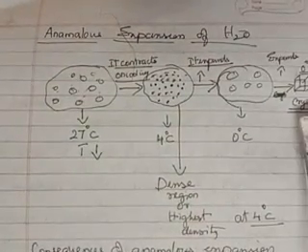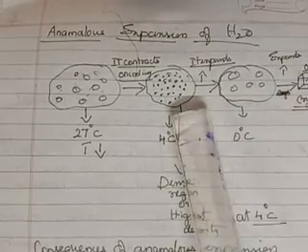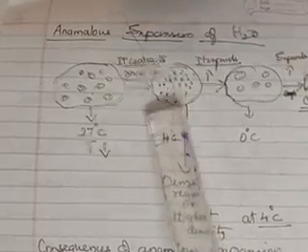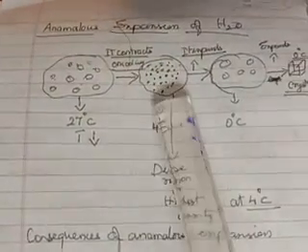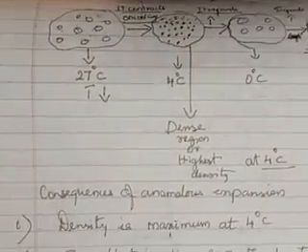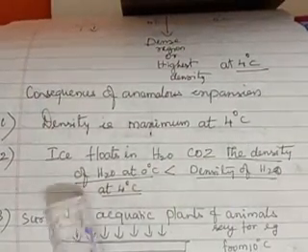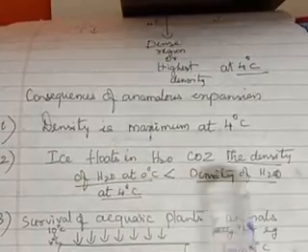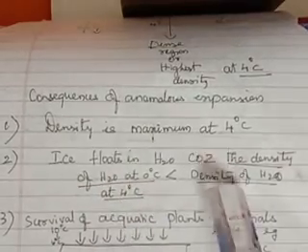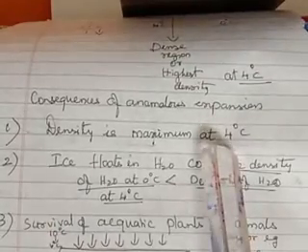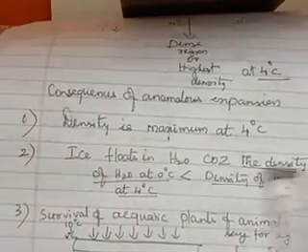See children, this is ice. Already it is in the expanded state. So when you compare the density of ice with this water at 4 degrees Celsius, the density is maximum here, but the density of ice is less. Therefore, what happens when you drop that ice into this water? Automatically, it starts floating. So, I have written a statement here. Ice floats in water because the density of water at 0 degrees Celsius is less than the density of water at 4 degrees Celsius. Density of water at 0 degrees Celsius means you have to consider that it converts into a crystalline form and becomes ice. So, ice is floating in water. This is the second interesting consequence.